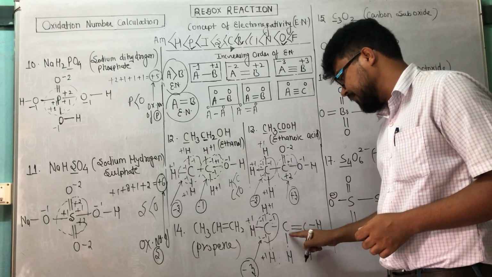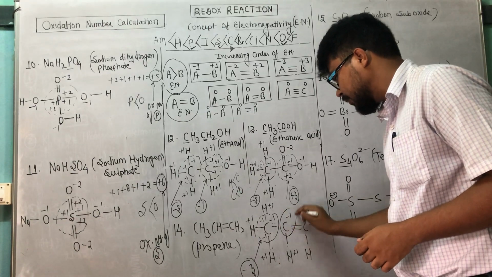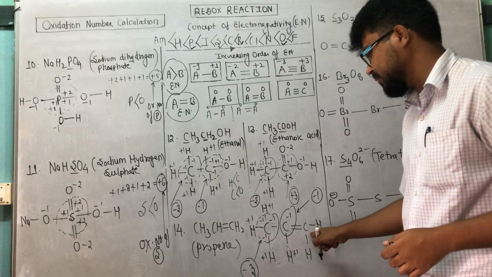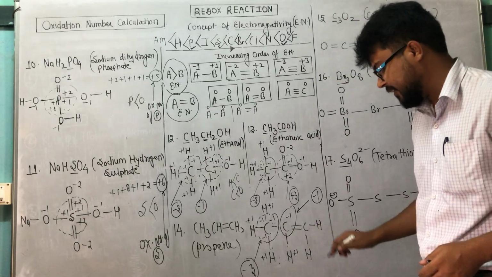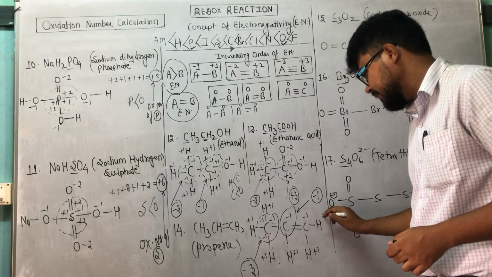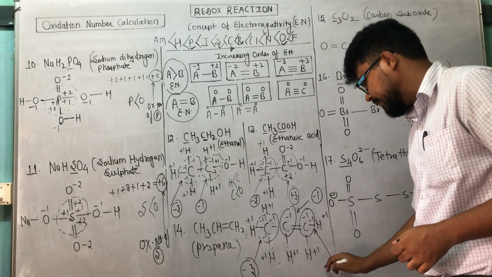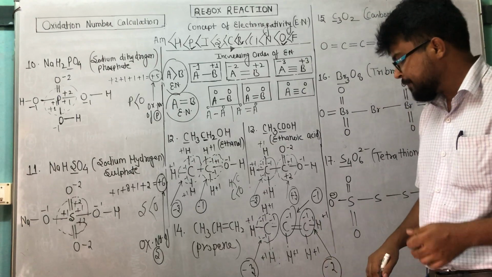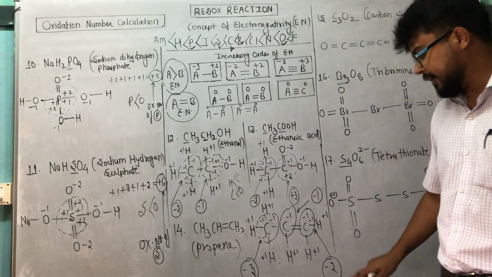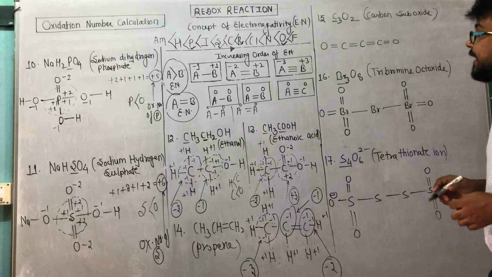For this carbon, hydrogen, it is +1, it is -1. So the ox number of this carbon is how much? It is -1, because again there is no contribution, because the bond is present between two similar elements. For two hydrogens, it is +1, -1, +1, -1. So for this carbon, it is what? It is -2. So we have 3 ox numbers: -3, -1 and -2. Correct?